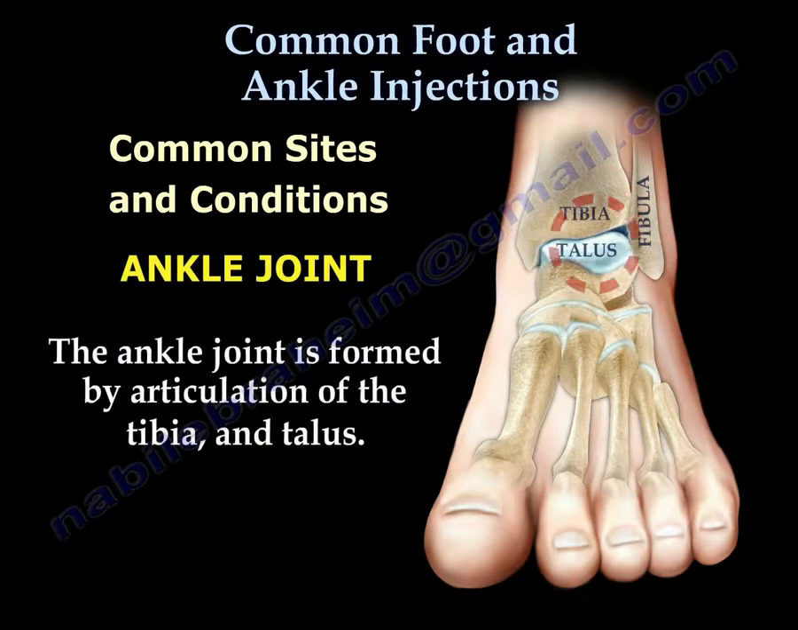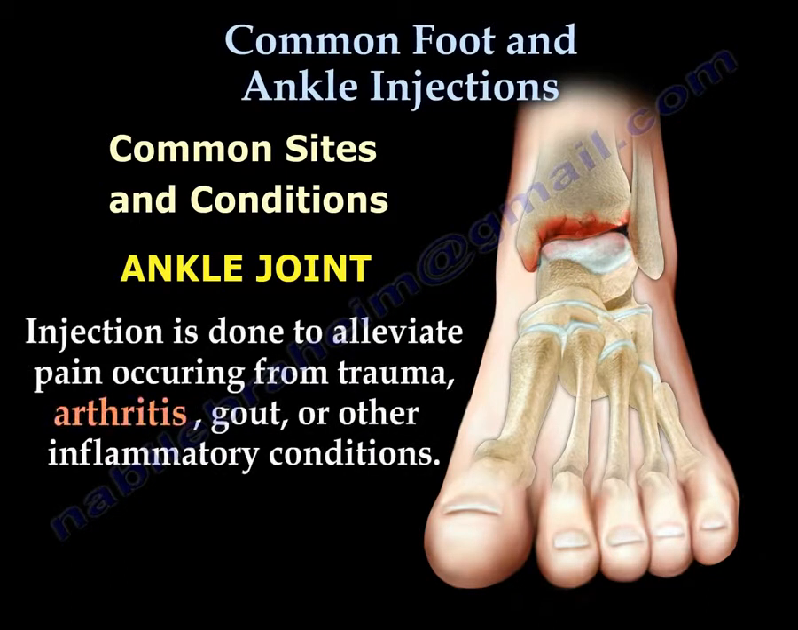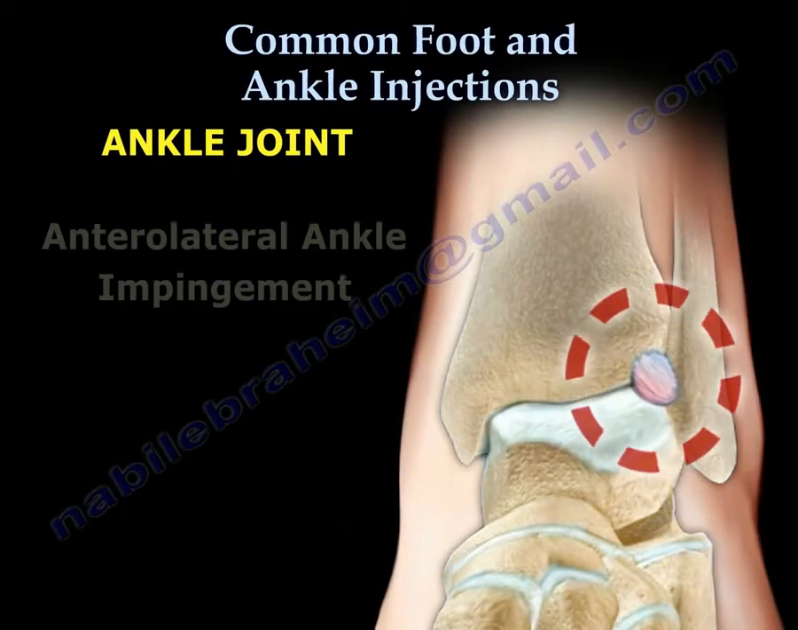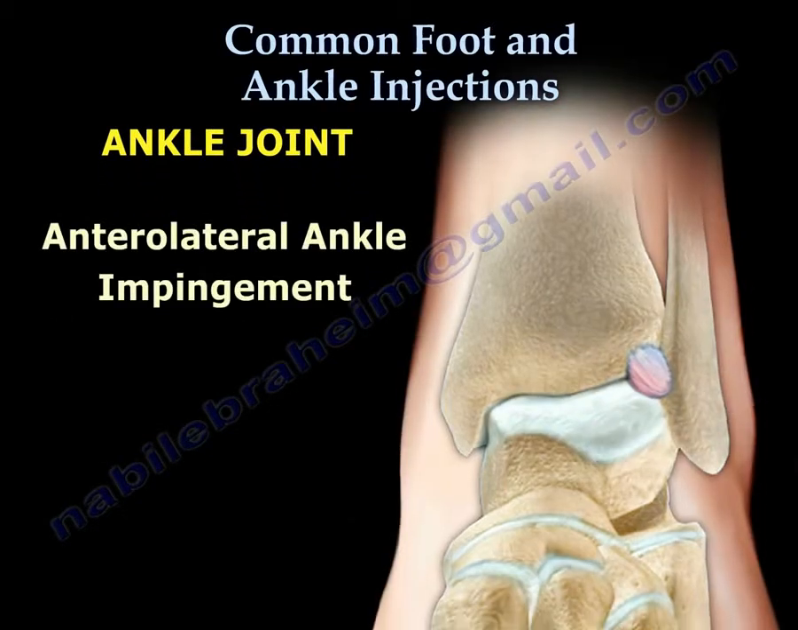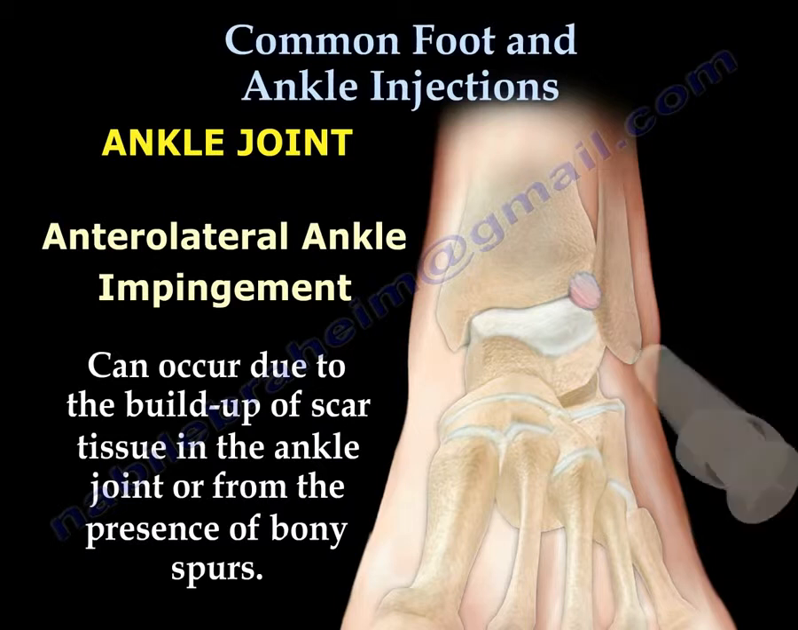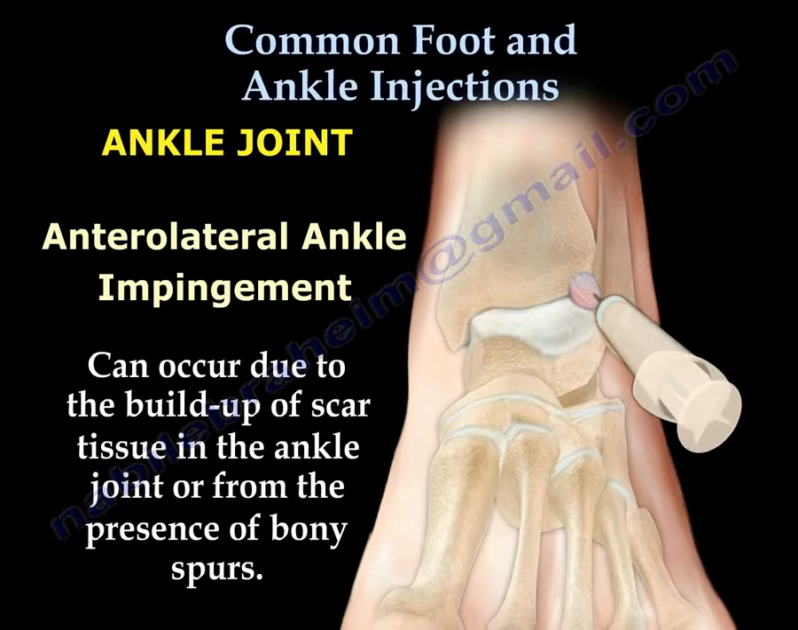The ankle joint is formed by articulation of the tibia and talus. Injection is done to decrease the pain from trauma, arthritis, gout, or other inflammatory conditions. Another condition that may need an ankle injection is called the anterolateral ankle impingement. It can occur due to the buildup of scar tissue in the ankle joint or from the presence of a